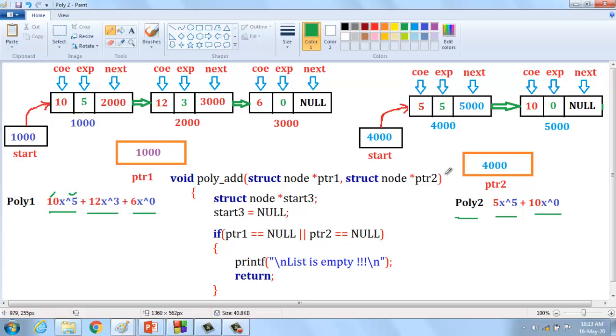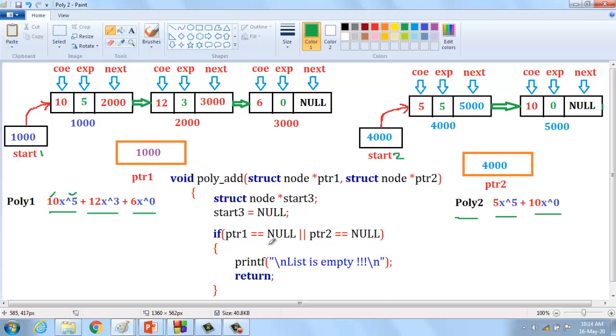First, we mention start 1 and start 2 before the corresponding insertion of data, and struct node start 3 is used when we store the resulting polynomial.